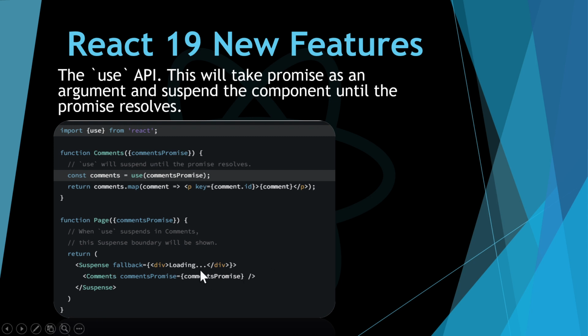So when the component is doing its operation, you can utilize this use hook. So this will suspend the component until its operation has completed, until the promise has resolved. When loading the comments, when the comments have completely loaded, then only this component will be displayed. This makes the performance much faster of your application and user experience much better. Okay,